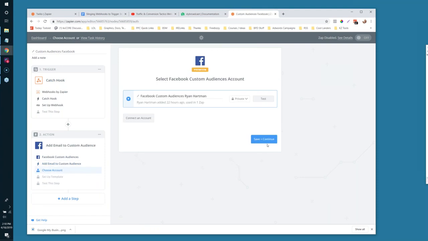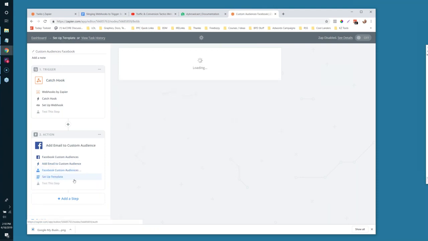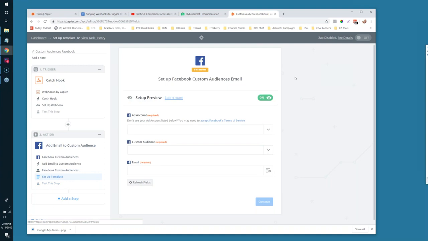And it's this part right here. I've got my account linked up. It's this setup template part that I want to illustrate for you. And what's happening with this webhook and the use of Zapier is that kvCORE is going to send information over to here. Let me get my pen. They're going to shoot information and dump it into this hook. See how it says catch it? And Zapier is going to catch